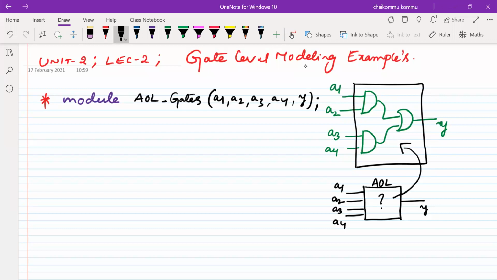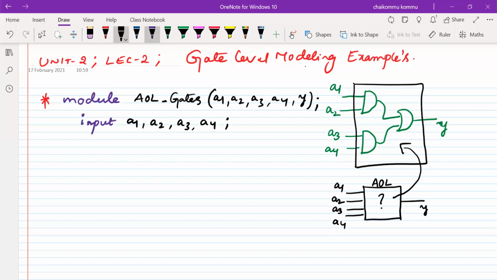Now we have to declare them. Among all these variables, we need to declare which are inputs and which are outputs. For that I use the keyword input, and A1, A2, A3, A4.